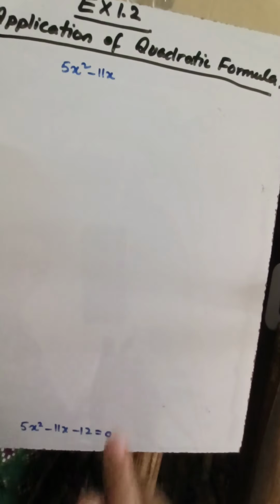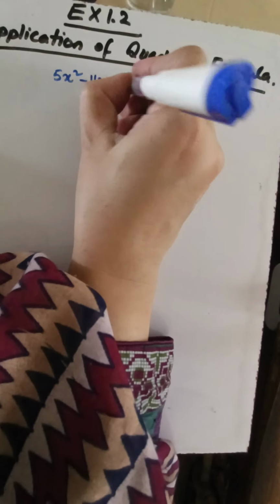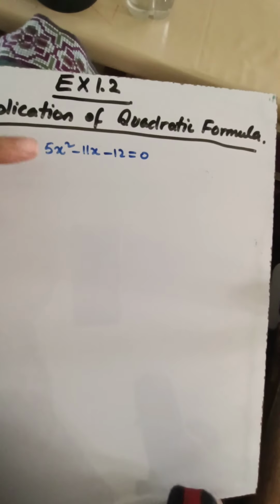5x square minus 11x minus 12. This is what we obtained. Now I'm going to use the quadratic formula to solve this. First of all, let me write the quadratic formula, and also let me mention the coefficients which are involved in this expression. Okay, the quadratic formula was